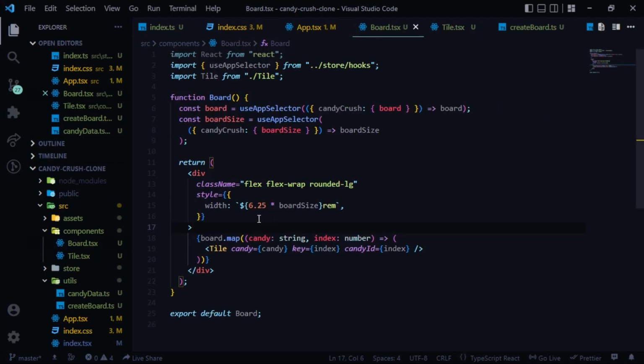Here we map the board array and we pass all the candy images and the index here. Then we have given this the board size, so the width would be of board size. So this Candy Crush clone is configurable. If we change the board size to 10, then automatically all of the elements would